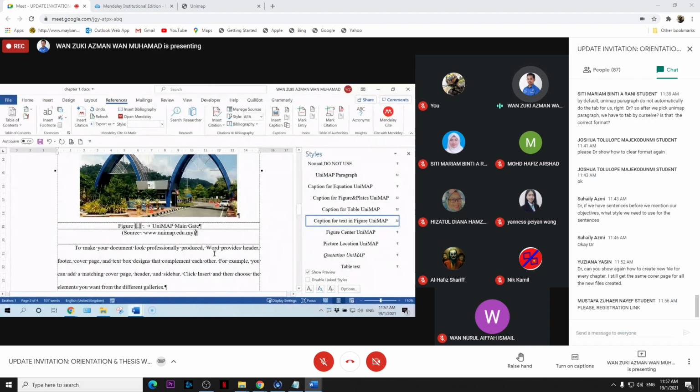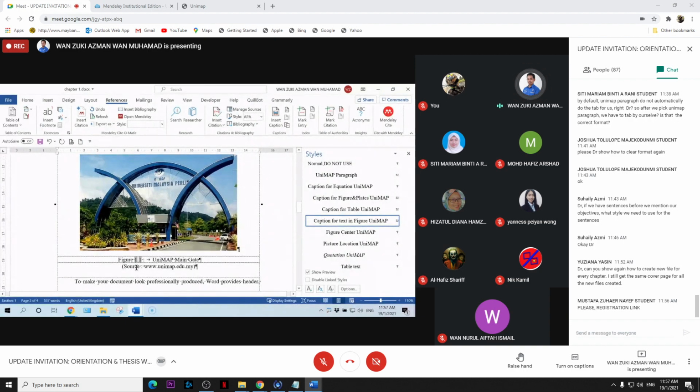So why do I advise you to use the insert caption facility in Microsoft Word? I have many reasons.